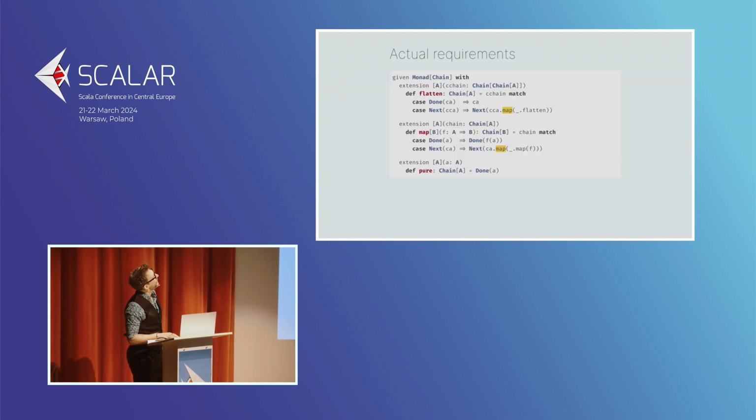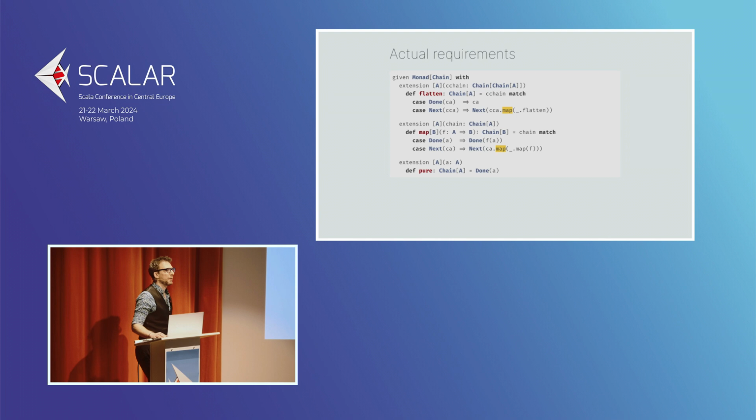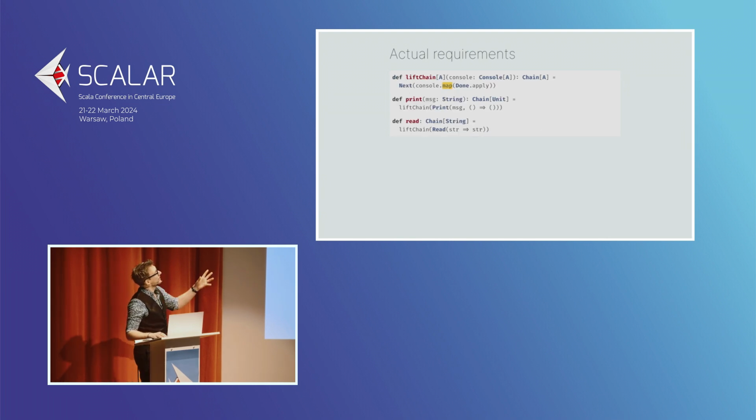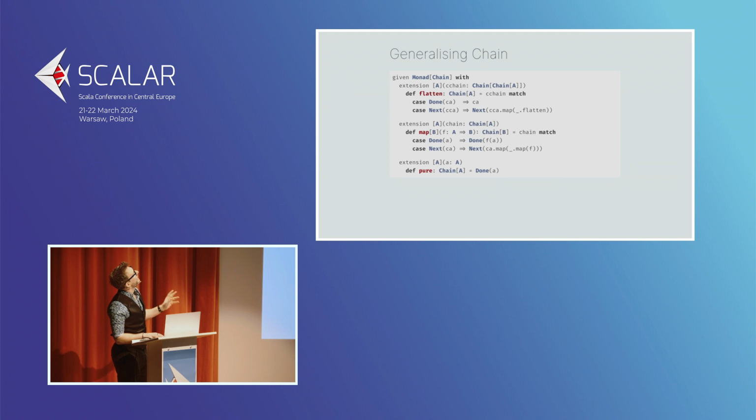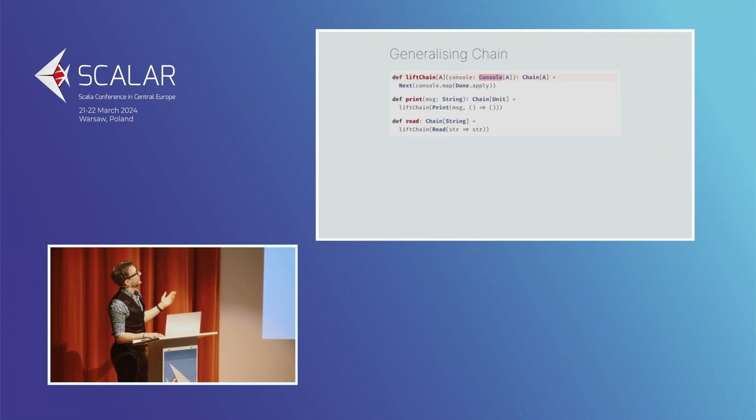Well, we've seen that the monad instance didn't do anything about console aside from the fact that it was a functor. We also saw that lift chain only needed to be a functor. So let's take that intuition. Let's make chain parametric. We're not using console, we're using some type constructor f. And now we're going to add the functor constraint where needed. So here, this becomes a parameter everywhere, and we need that to be a functor, so we add the constraint of functor. Same for chain. We're not taking a console, but an f.